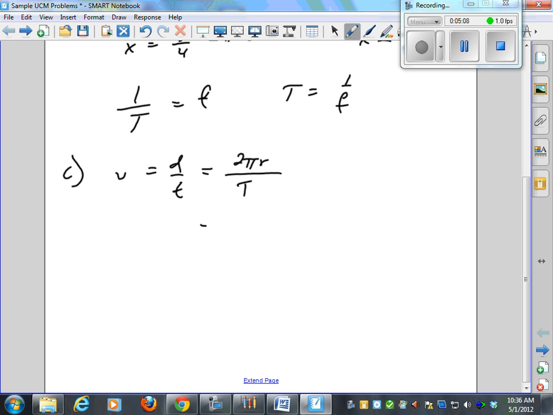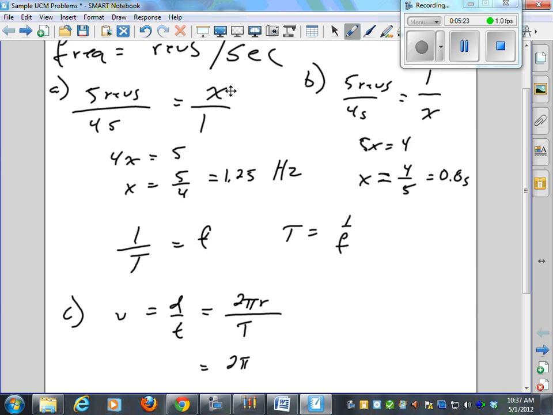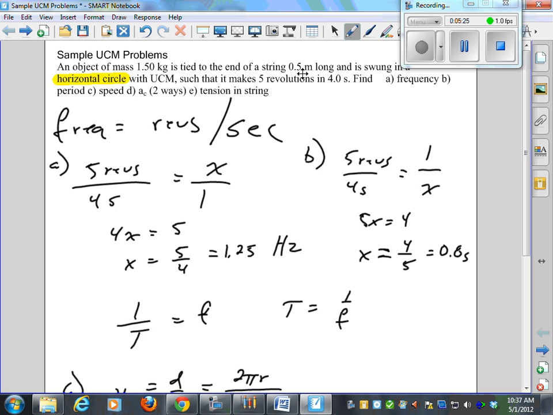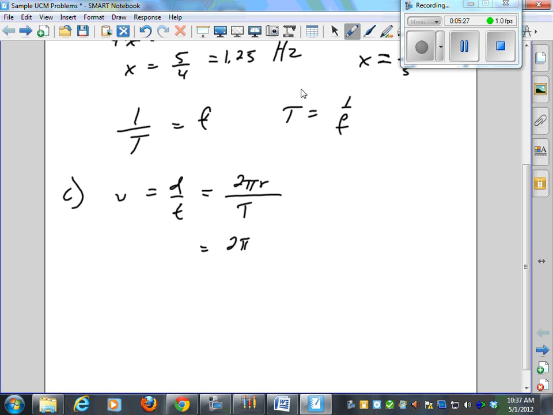Wait, little t is time and big T is period. Right, I understand. No, the time is the time period. Big T is just the time for one revolution, right? So we've got 2 pi. Now the radius of this circle is, it's a 0.5 meter long string. So that's going to be 0.5. 2 times 0.5 is 1, so that's basically pi on top. And our period we worked out to be